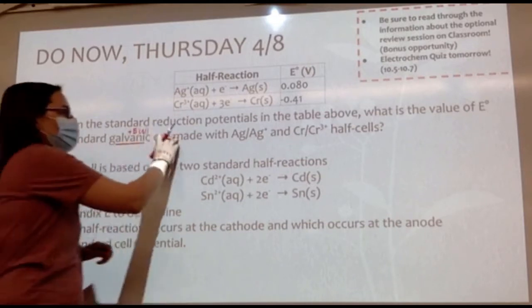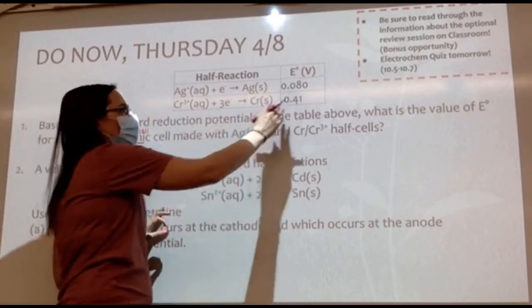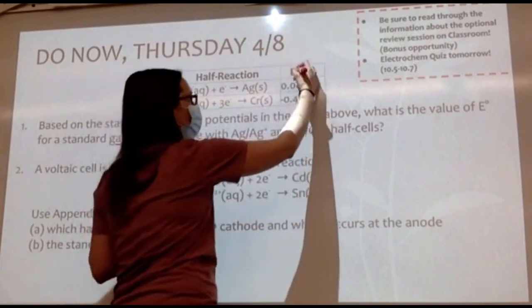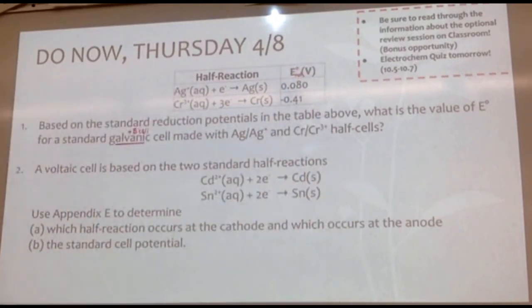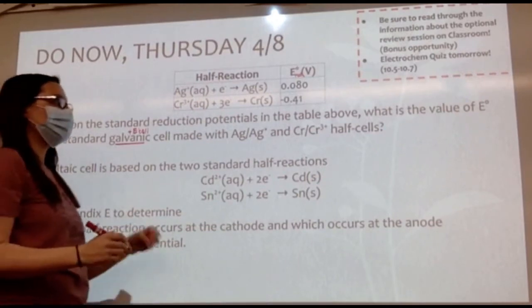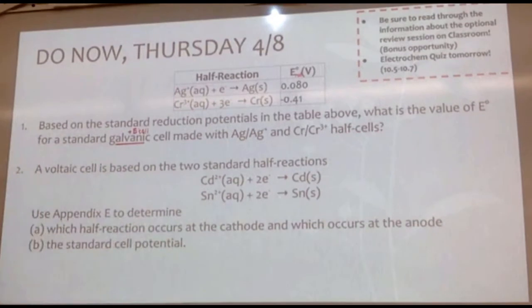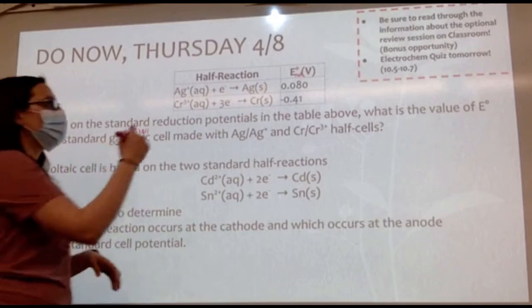These are reduction potentials. So these are both reduction potentials. This is the potential of something to be reduced. The higher your value of the reduction potential, the more positive the value, the more likely it is to be reduced. The less positive or the more negative the value, the smaller the value, the more likely it is to be oxidized. So based on this,